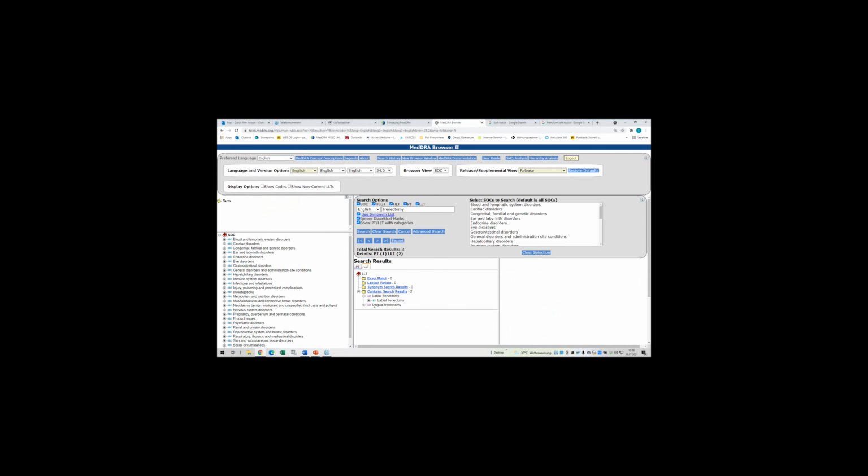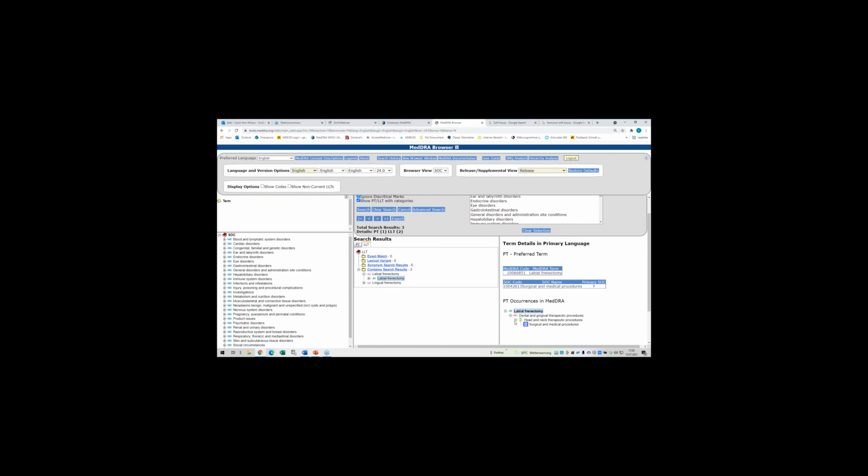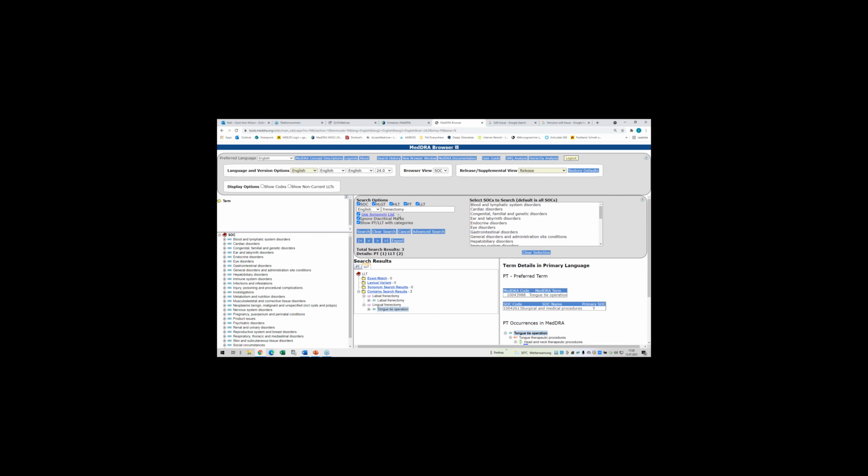One is labial frenectomy, and labial frenectomy is under dental and gingival therapeutic procedures, under head and neck therapeutic procedures, in the surgical SOC, of course, and the lingual frenectomy, tongue tie operation, also under the same HLT and HLGT. But if I now enter